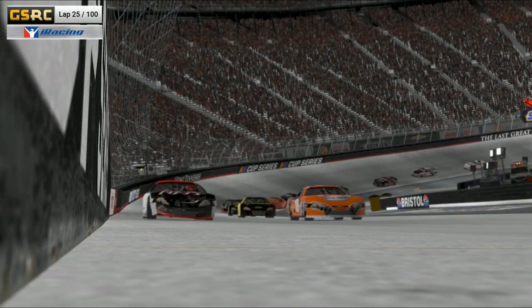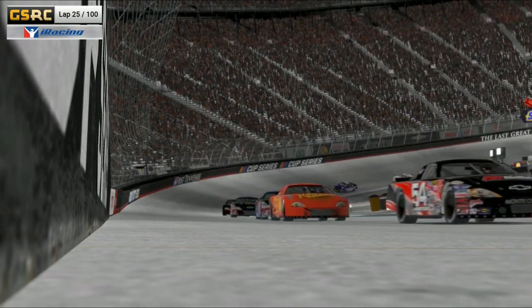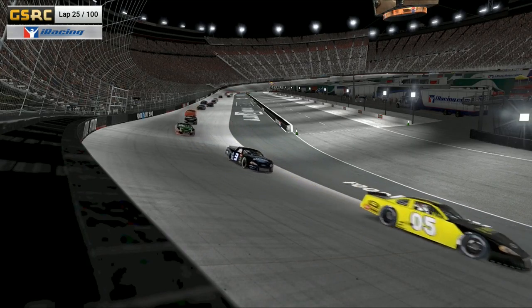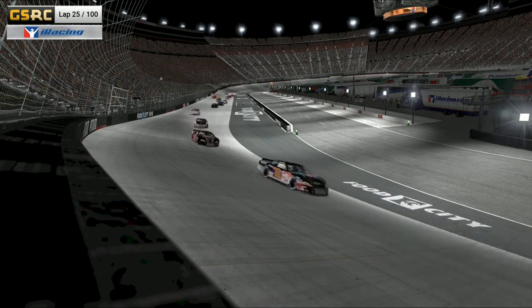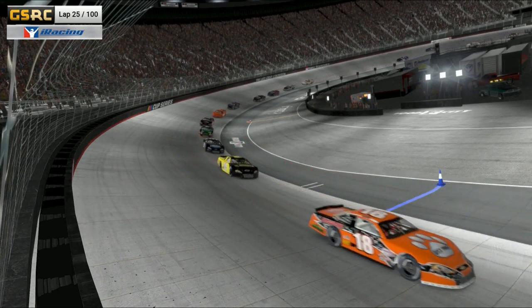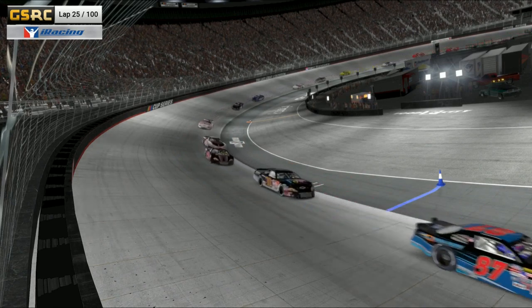Notice Braden Connor was assessed a black flag earlier and has lost. Holly Clark is down 3. Joey Stearns down 6. Casey Klein is down 9. Klein not currently on the track. Stearns is. Actually, Klein's back out there now. Just rolled back out. Klein with heavy damage from one of those earlier yellows